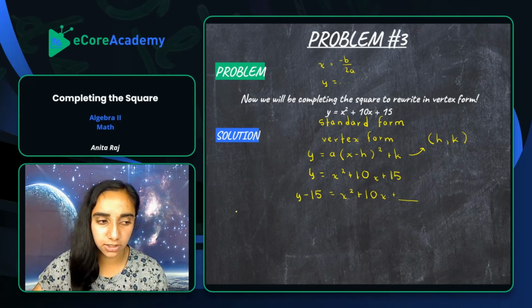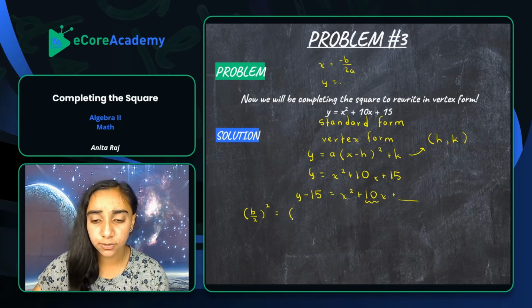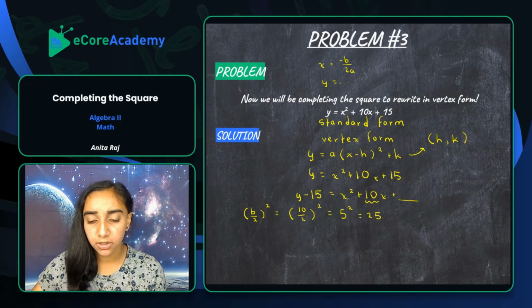And we're going to be using our b over 2 squared, that formula. So in this case, b is equal to 10. So we're going to be doing 10 divided by 2 squared is equal to 5 squared, which is equal to 25. Therefore, if I rewrite this, if I add 25 to both sides of the equation,